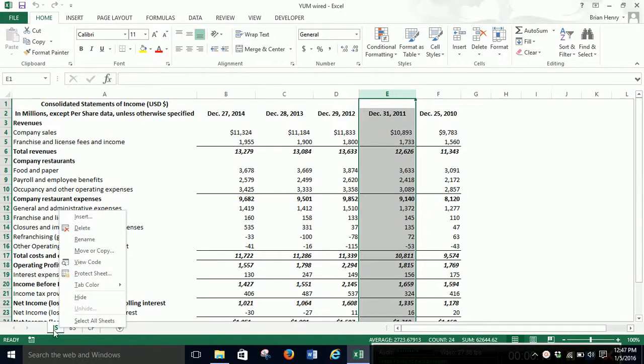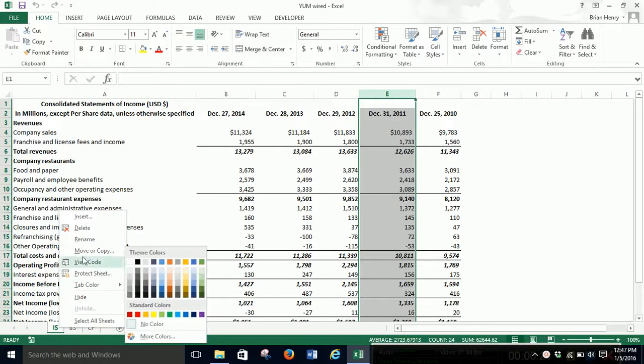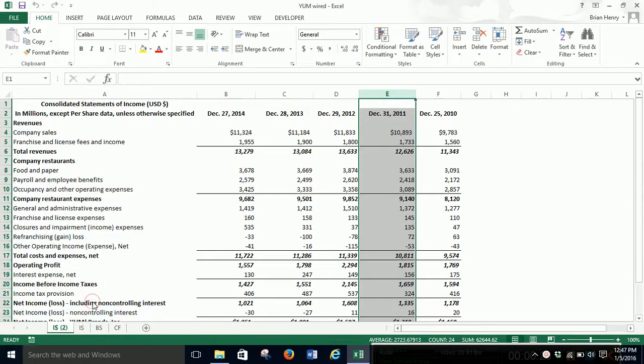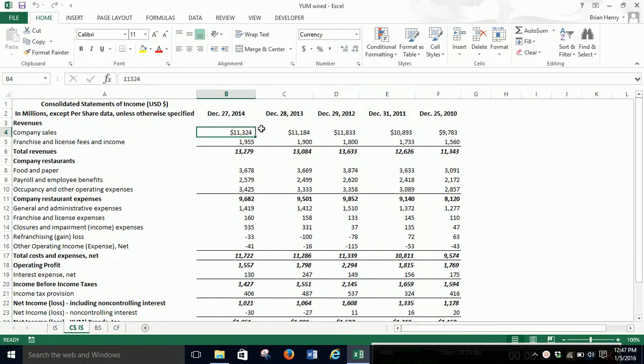I just right click here on the income statement tab, move or copy, create a copy, and it'll make a second income statement for me. And I'm going to call this one common size income statement, CSIS. And all I'm going to do is wire everything in here relative to the original income statement, but I just want them all as percents of sales rather than the nominal values, and that way when we can see like revenue going up,